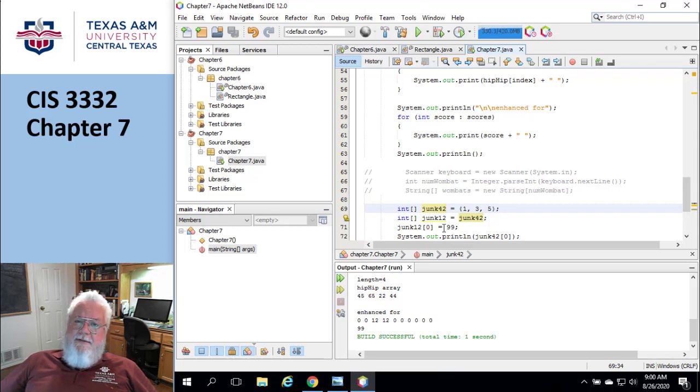What you would typically do is create a new array with 5 elements, use a for loop to copy all the ones in there, and then throw the other one away. Okay? So that's a pain in the butt. And so they came up with yet another system thing that does this for you. It's called arrays